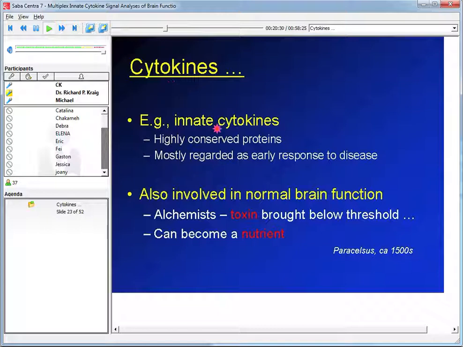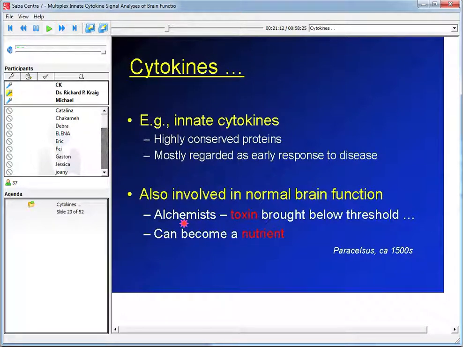And we're looking at innate cytokines because they are always there, ready to be expressed. They're a highly conserved series of proteins, and they are expressed in a subliminal or picogram per mil or femtomolar fashion. And we already know certain things about them. TNF-alpha, for example, like many other substances, this quote actually came from a review by Dirnagl on ischemic tolerance. And then he noted that as early as the 1500s, the alchemist noted a toxin brought below threshold can become